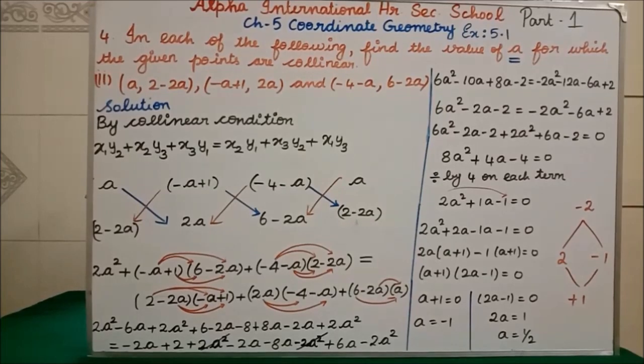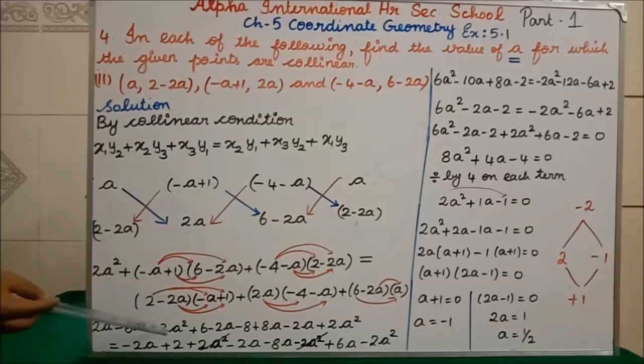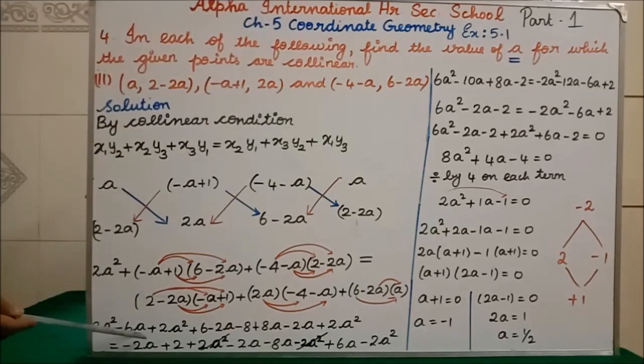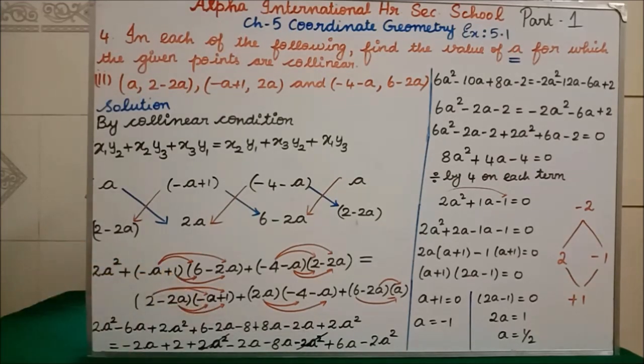See now, here we are having plus 2a square and minus 2a square will get cancelled. Isn't it? Here plus 2a square and there we are having minus 2a square, so we will get cancelled. Remaining we are going to see. Here 2a square, where another 2a square is there here. 2a square plus 2a square is what? 4a square. In that same row where we are having another 2a square here. So 2a square plus 2a square plus 2a square is what? 2 plus 2 plus 2 is 6a square. So I have written there 6a square. Okay. Minus 6a minus 2a plus 8a minus 2a. So first what you are going to do is, we have finished a square.